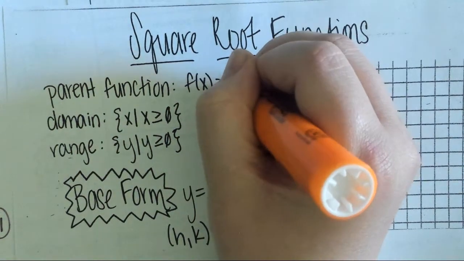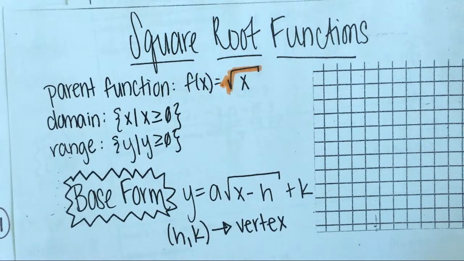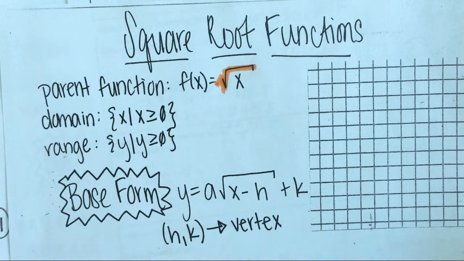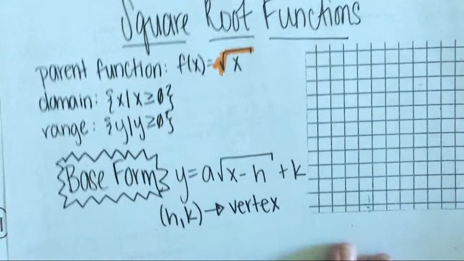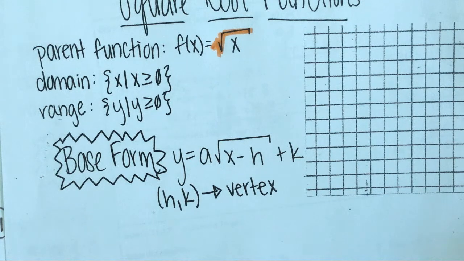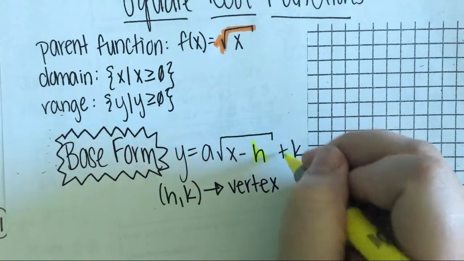Instead of being y equals x, which is linear, or y equals x squared, which is quadratic, a square root function is y equals square root of x. Okay, we don't even know what it looks like yet. We haven't even talked about that. But we see that it has a base form. It reminds me of the vertex form with quadratics because the h and the k